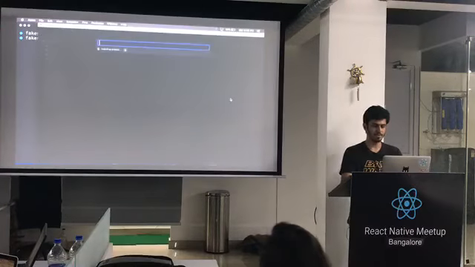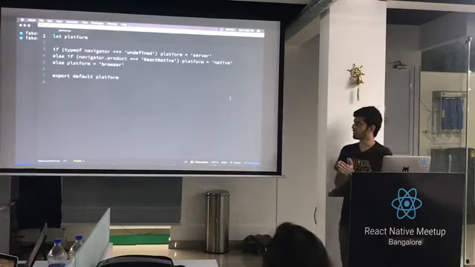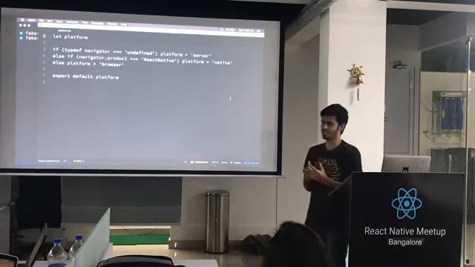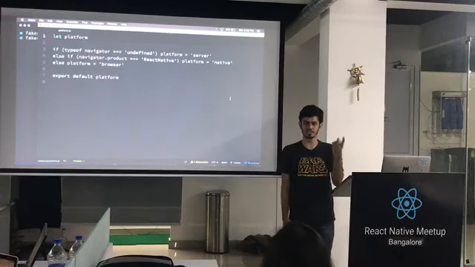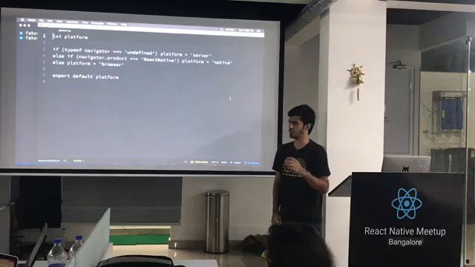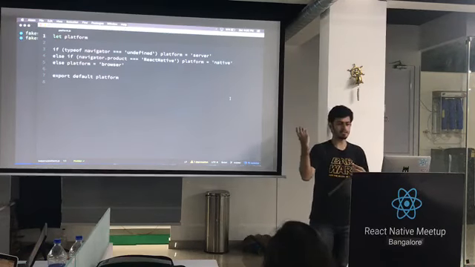The first thing you do is find out which platform you are on. So this is an easy way. You get navigator as an object in the browser, right? It gives you a bunch of information about user agent and device type and all of that. Luckily, React Native also gives you that. So these 3 lines let you decide.